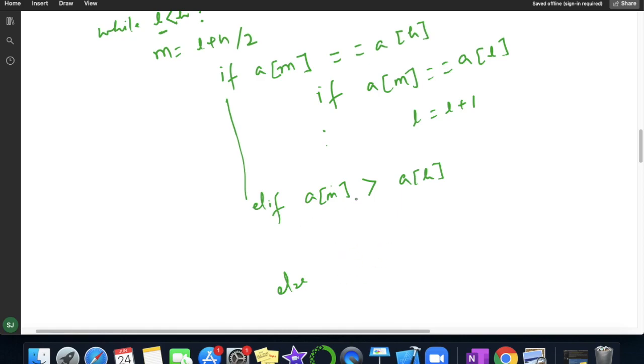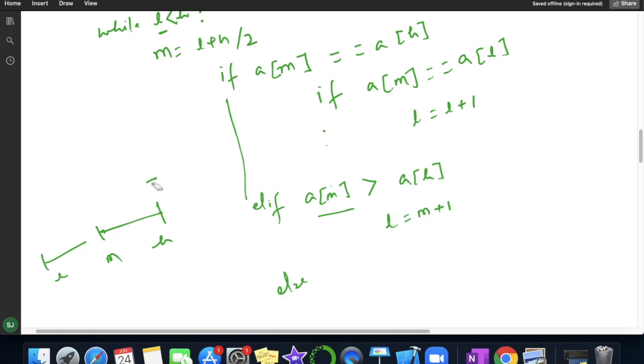Now we have to write the same condition. Suppose if the mid value was greater, suppose low, mid and high. If the value present over here is suppose 10 and the value present over here was suppose 5, if this value was greater, so what we have to do here, we have to apply our logic in this section only. So for this our low will be how much? Low will be mid plus 1.